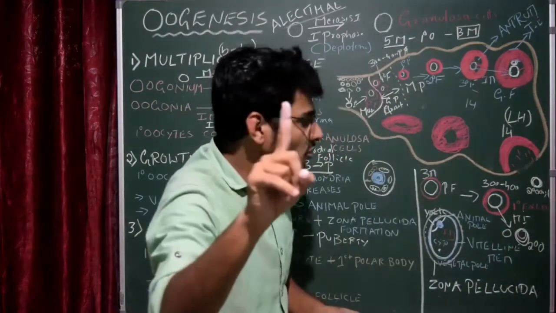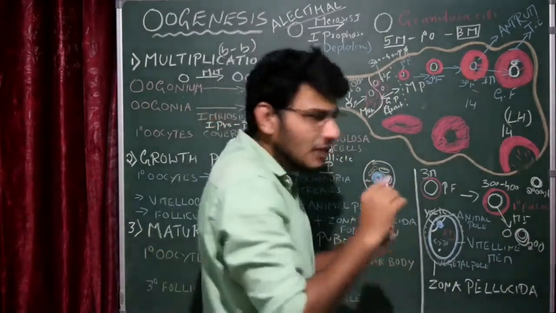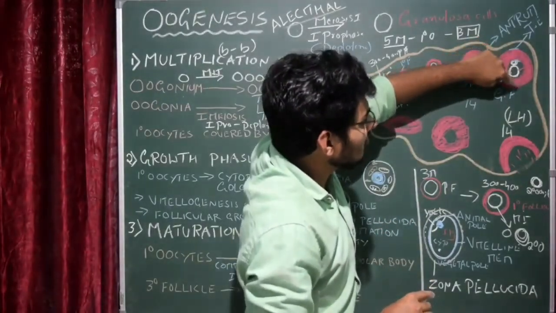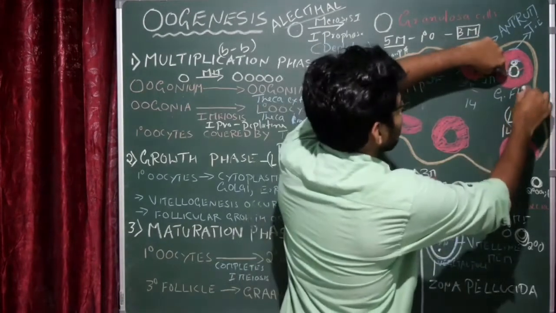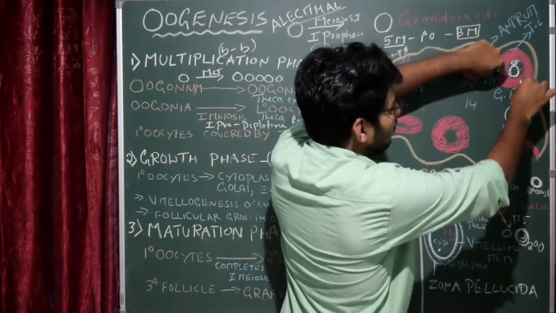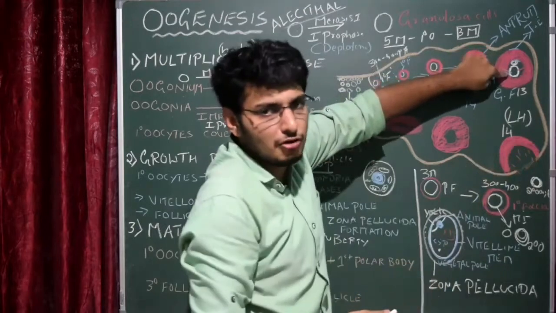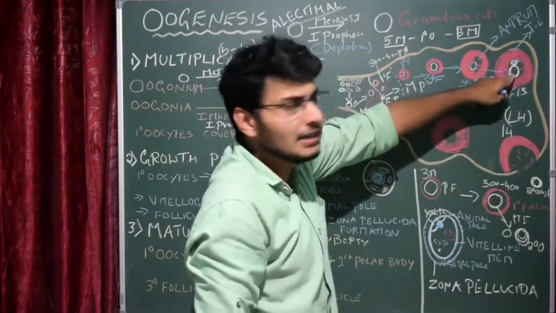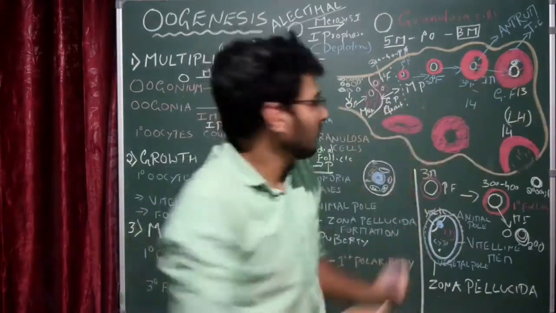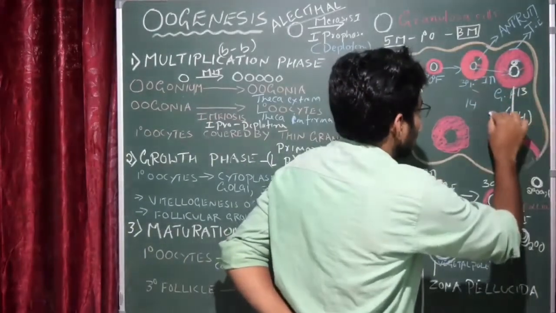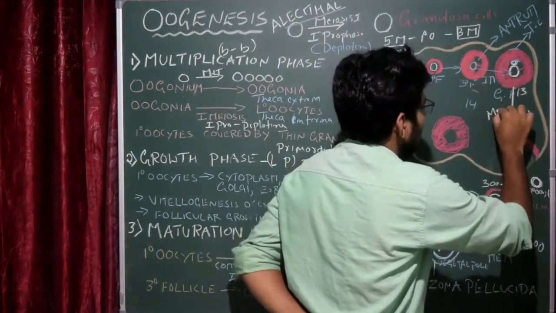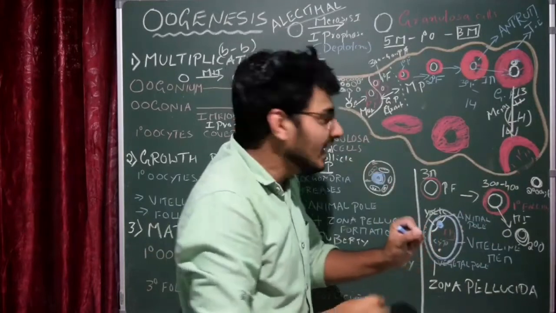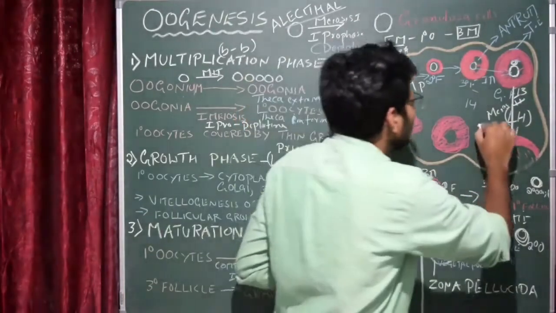Okay, secondary oocyte will be released. Here, I just want to tell you one thing. What is important here is a bit confusing. Please remember this. The secondary oocyte from the Graafian follicle, let us say this is the 13th day, formation of the Graafian follicle. On the 14th day, rupturing of the Graafian follicle takes place, releasing secondary oocyte. So during this phase, what happened? The secondary oocyte undergoes meiosis 2 here. Okay, but again it gets arrested in metaphase 2.